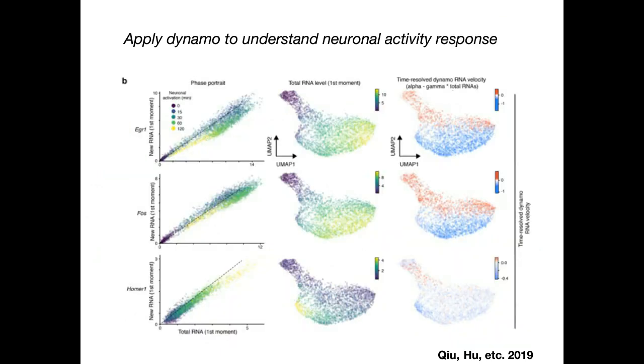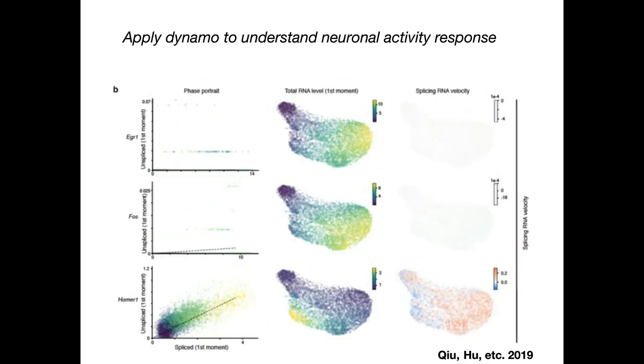When we look at the phase portrait of a few early and late response neuron activity genes, we can see EGR1 and FOS, two early neuron activity genes. The velocity of these genes turns on much earlier compared to the late response gene, Hormone 1. In comparison, if we look at the phase diagram for the splicing data, we unfortunately can see almost no expression for EGR1 and FOS. This is probably because these two genes don't have AT enriched intron regions,